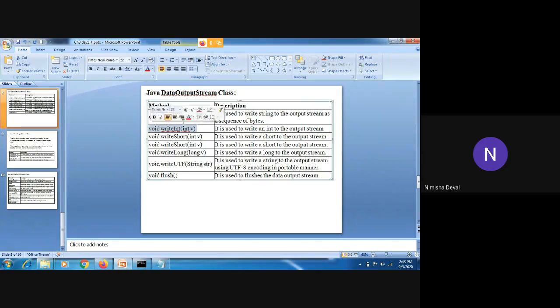As with characters, same methods are available for integer, short, then write short with another, then long and UTF. Okay, so the same methods are available as per our data types. So these are the ways to access the data.